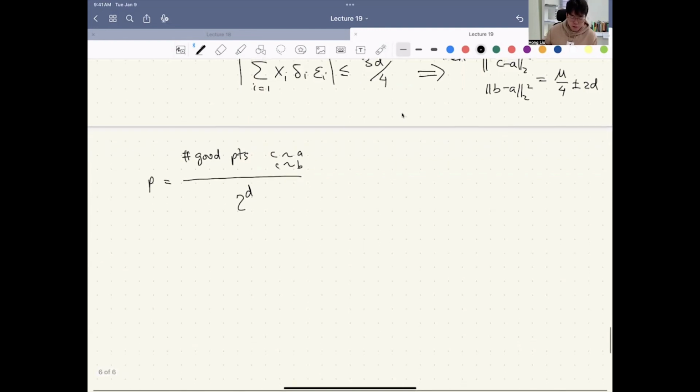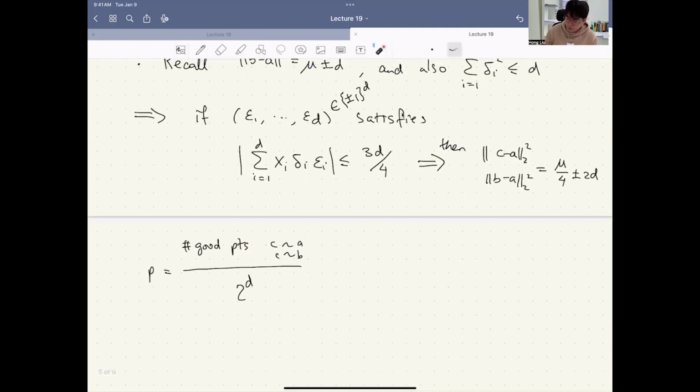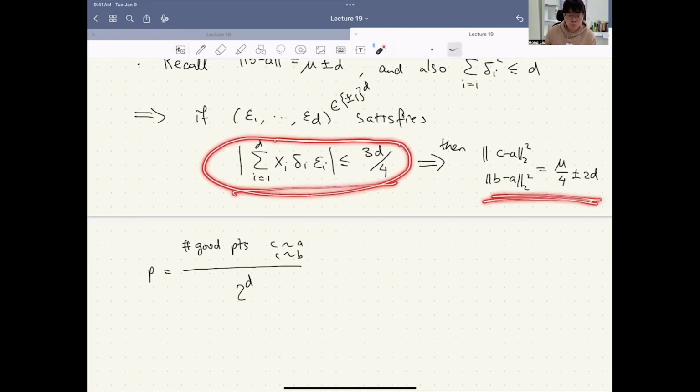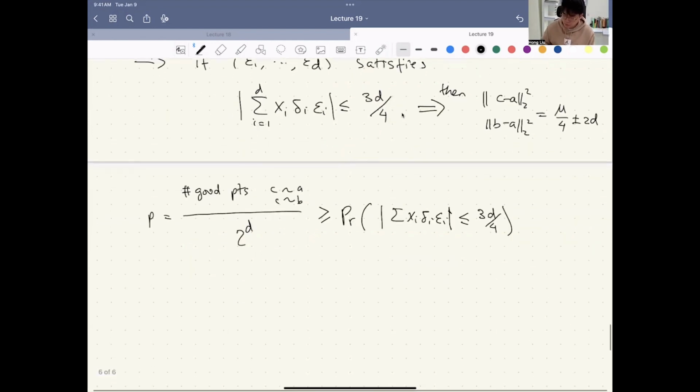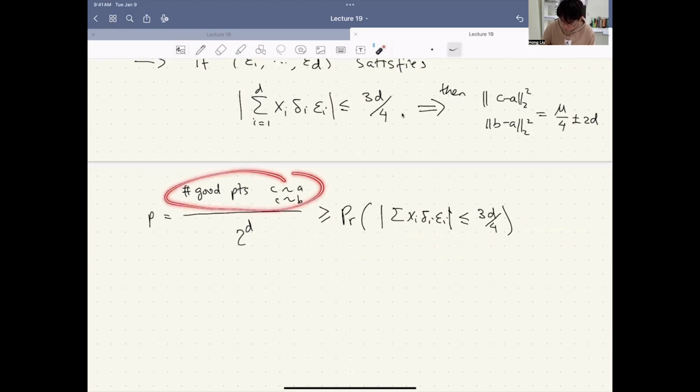right? We know that if epsilon I satisfies this, it's a good point. So this probability is at least the probability that the value of this sum of xi, delta I, epsilon I is at most 3d over 4. So the number of common good points is 2 to the d times this. And this probability